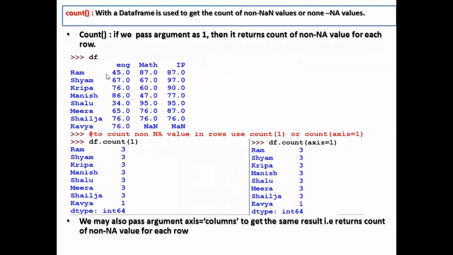Now, if I put count 1, what will happen? It will count now the number of elements in each row. हर row में कितने elements हैं, so that it will count. You can see over here not nan values. काव्या में सिर्फ एक ही not nan value, so it is giving me 1, right? Or you can write axis is equal to 1 also, so it will work similarly. So this will count the not nan values and give you how many not nan values are there in your data frame. So I hope I am clear with the concept. If any doubt, you can ask me.